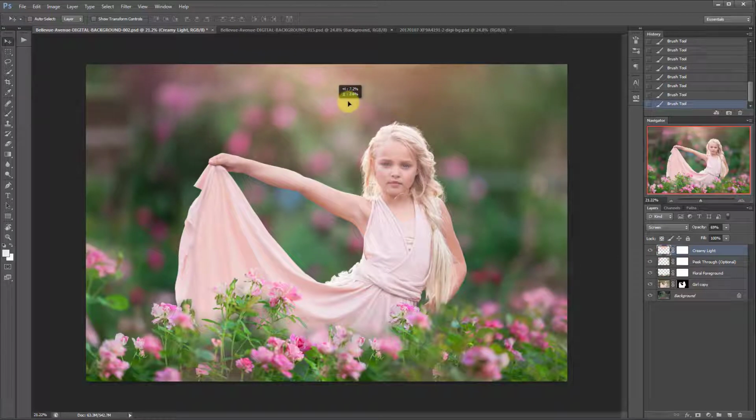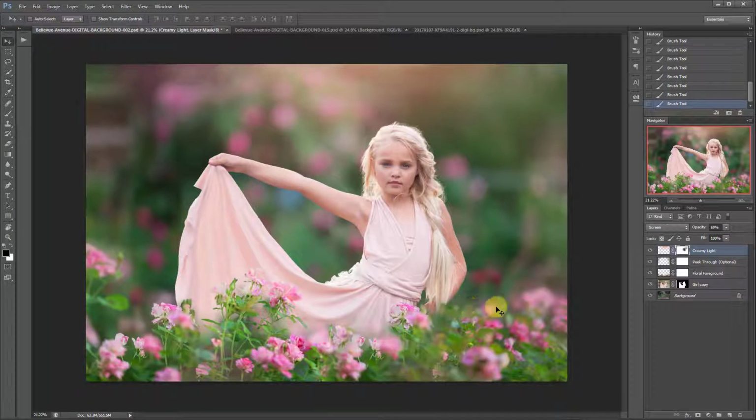And what's neat about the creamy light is we can move this around as needed. So I'm going to kind of move this right over her. I'm going to use this layer mask, paint on with my black brush at a low flow, and just kind of paint some of this off of her face a little bit, and a little bit this way. And that is all there is to it. Very easy, a little bit of work on isolating it, but not a ton,